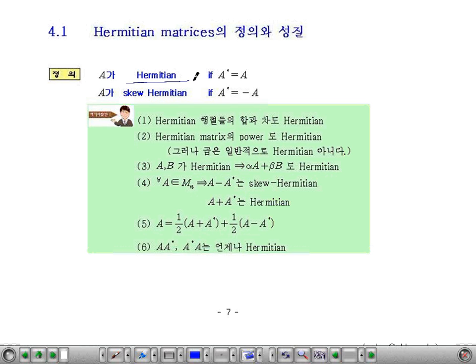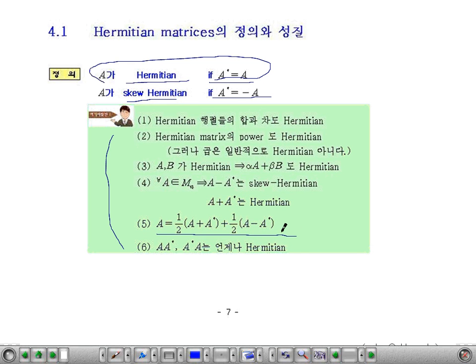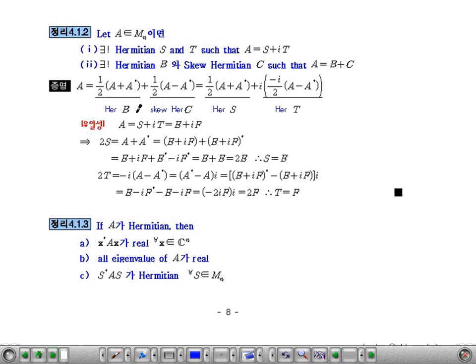And the definition of Hermitian matrix, which is A star, the conjugate transpose, is the same as A, was given before. Also skew-Hermitian was defined before, as the conjugate transpose is the same as minus A. And these are the facts on Hermitian matrices, such as any matrix can be written as a Hermitian part and the skew-Hermitian part, and many others. We covered it already, and this is the first theorem